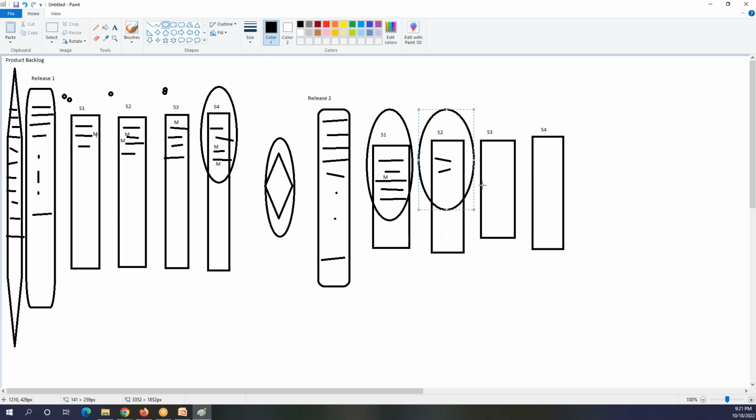So how many can you see here? In the first release we have 15. In the second release, first sprint, we have 5. So 15 plus 5 is 20. So when you are here in sprint 2, you are performing 20 test cases as a regression test. Got it?